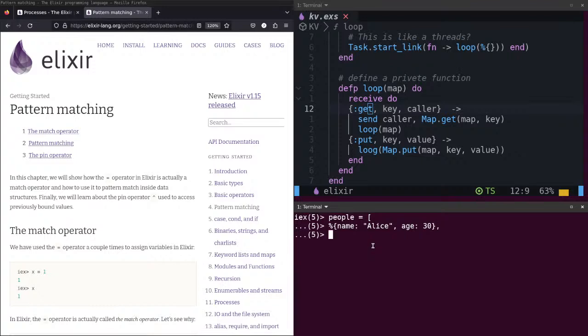Comma, another one, percentage sign, name Bob. Bob has 20. Okay, this is enough.